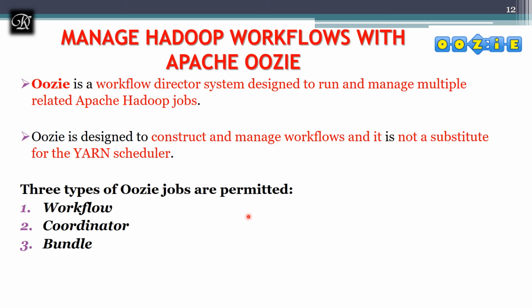When some event has happened, I'm going to do this. Or else on some time intervals, for example, every 1 hour this workflow has to be executed. That is taken care of by the coordinator. And the bundle. Bundle is nothing but a batch. It's a high-level Oozie abstraction that will batch a set of coordinator jobs. So the coordinator is going to run the workflow, and the bundle is a batch processing which is going to run multiple coordinator jobs.